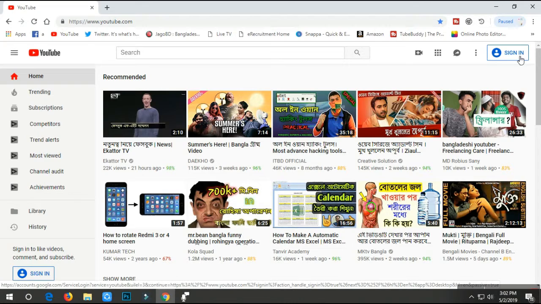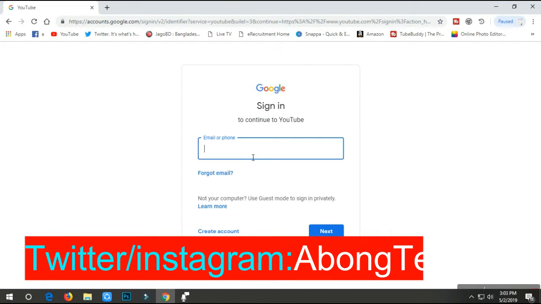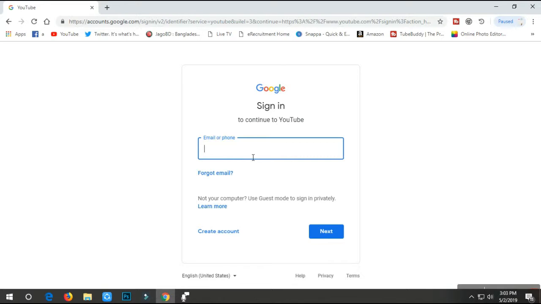Viewers, press your mouse pointer here and you can see Google sign in to continue YouTube here. If you want to make a YouTube channel from your Gmail account, you must type your Gmail account here. I type my Gmail